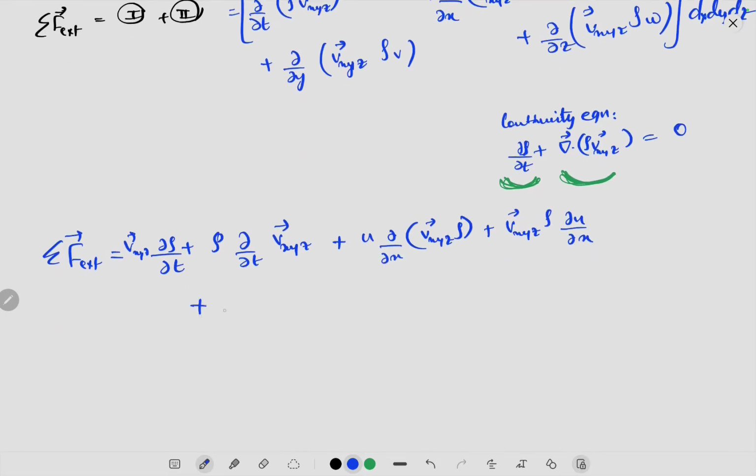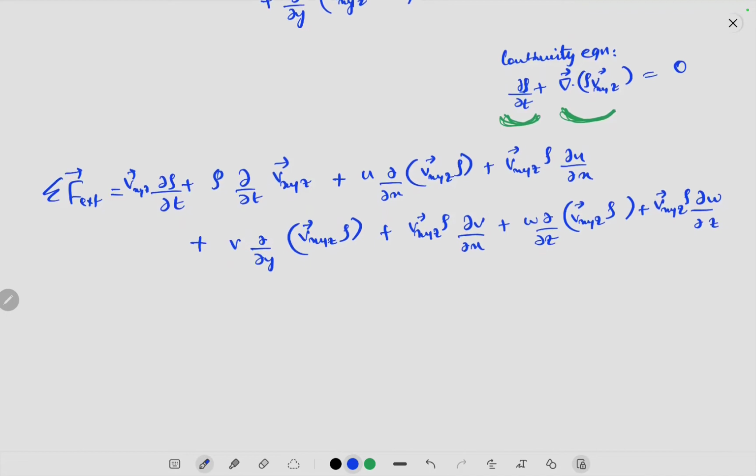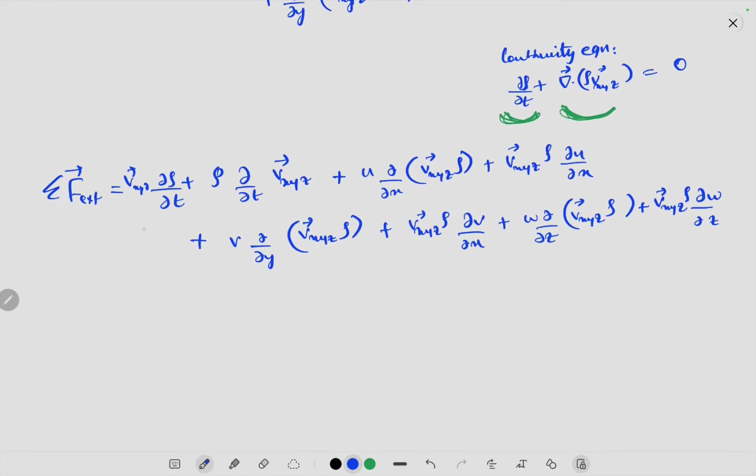Similarly, I will get v del by del y vxyz rho plus vxyz rho del v by del y plus w del by del z vxyz rho plus vxyz rho del w by del z. Okay, so now what I have here is vxyz del rho by del t, but here I have del rho